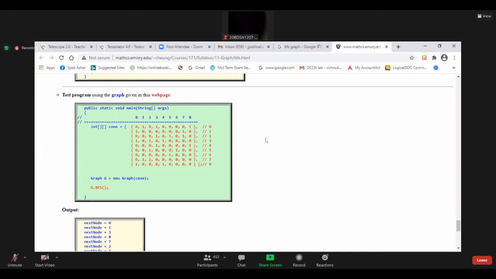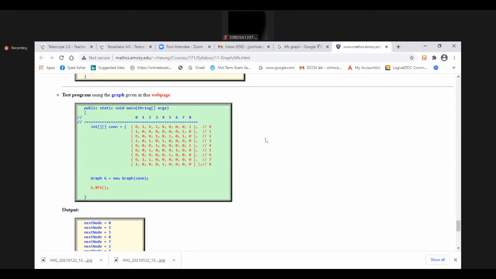In the next class, I'll explain completely with tracing and the recursion BFS program, and DFS also, on Monday. I'm also keeping an AVL tree program in Tesselator, so try to solve it. Small programs. If you finish that, then I'll keep another one also. If you're not able to understand, we'll take one more class and explain.